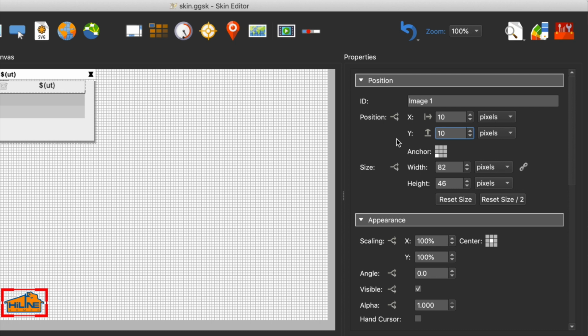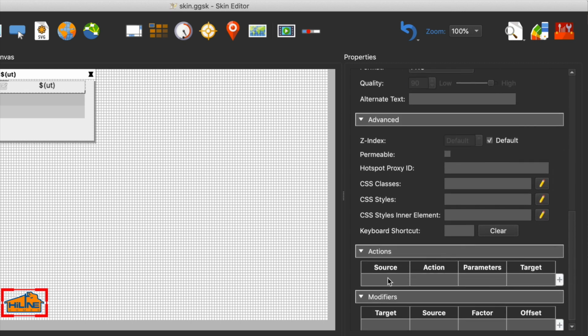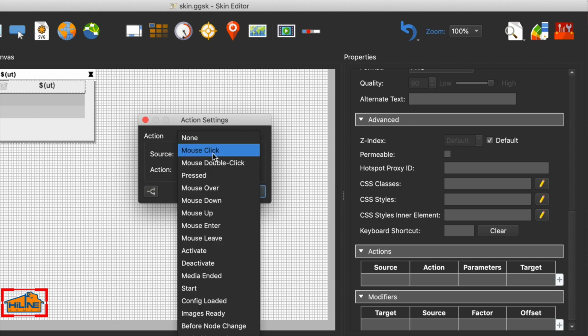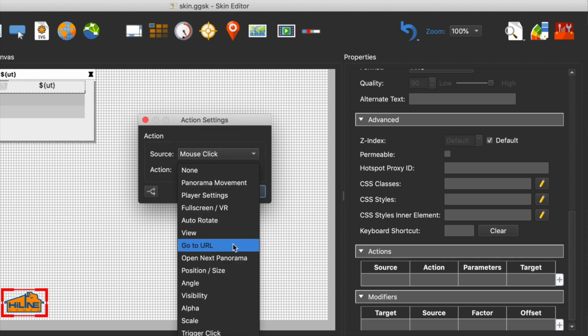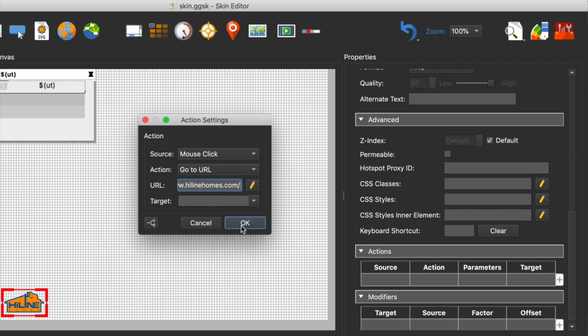Sorry, 10. Here we go, 10. Right, so that's that. What I also want to do is give it a hand cursor when we hover over it, and it needs to have an action to take you back to the Realtor's website, and that action will be mouse click, go to a URL. I'm just going to paste in the Realtor's website,